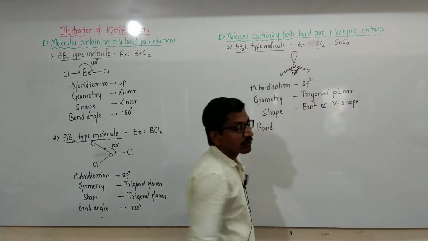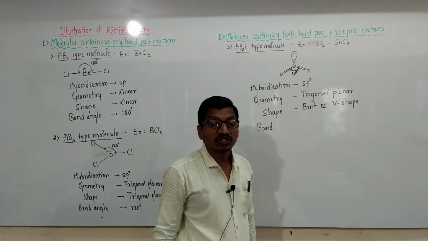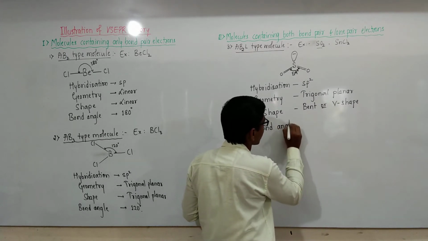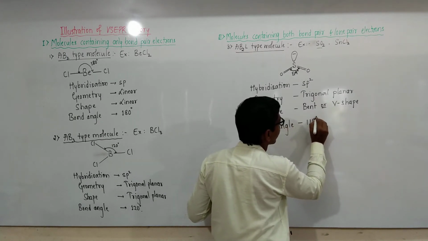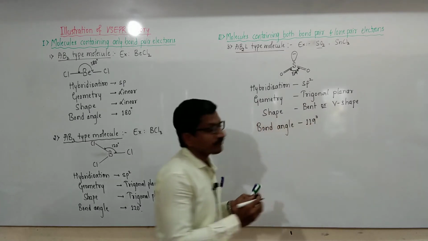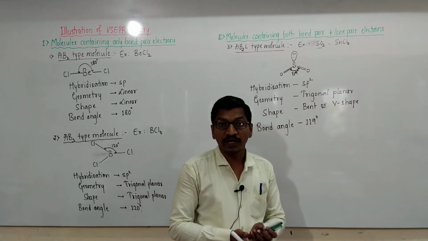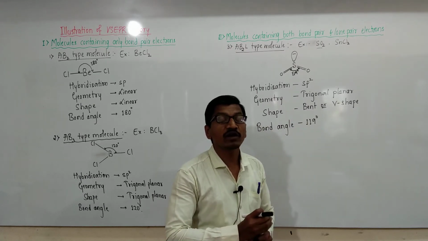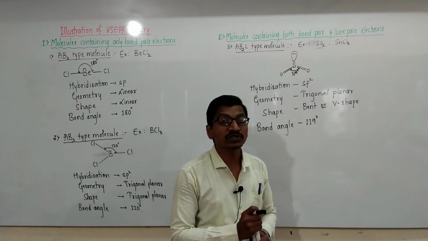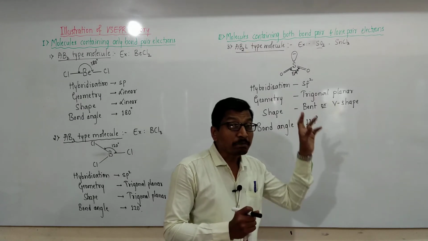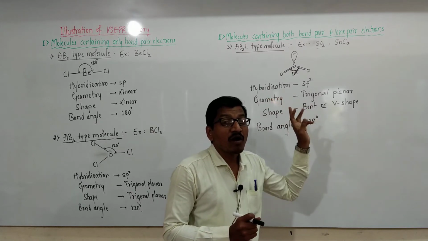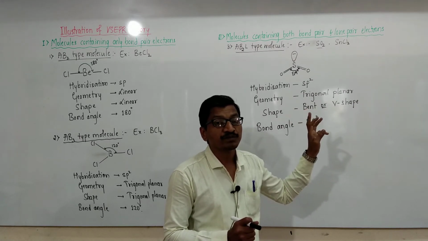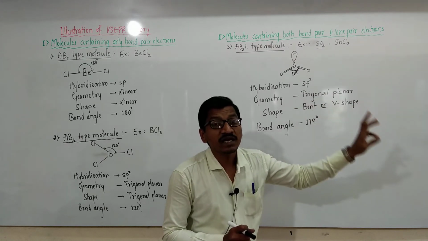This is because the lone pair bond pair repulsion is more than the bond pair repulsion. Bond angle is 119 degree. And as we already discussed in the postulates, the shape of the molecule or geometry of the molecule in multiple bonds can be predicted by subtracting the number of electron pairs in pi bonds from the number of electron pairs of the valence shell of its central atom.